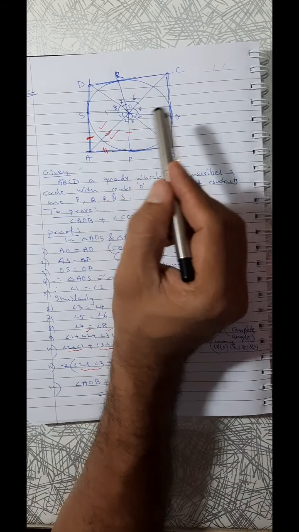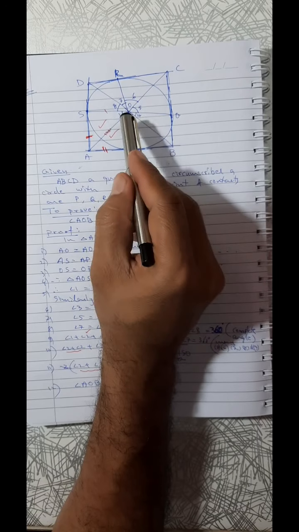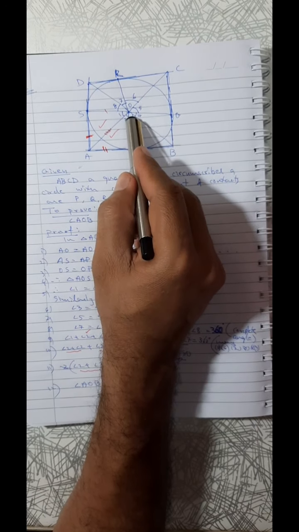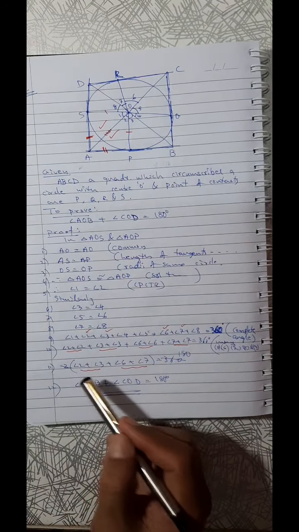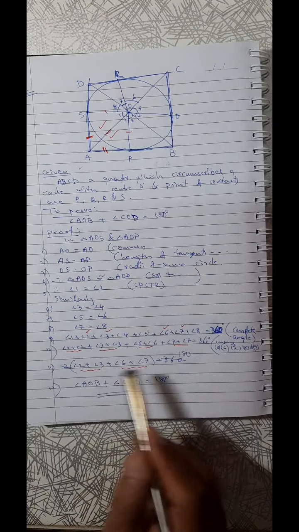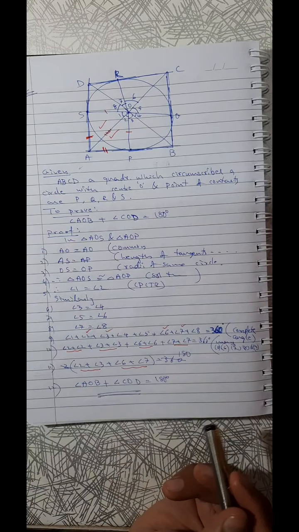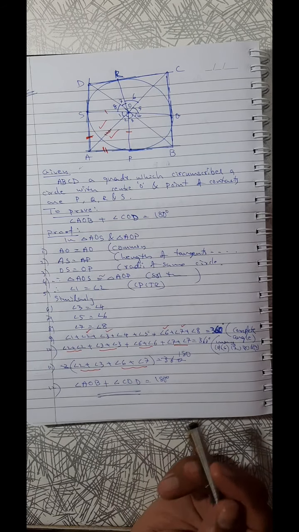Now select the angles we need. I need 2 and 3. So instead of saying 1 plus 2, I will say 2 plus 2 plus 3 plus 3 plus 6 plus 6 plus 7 plus 7. That means everything is doubled, and the 2 outside gets cancelled. 2 plus 3 combined together is AOB, 6 plus 7 combined is COD. I hope the things are clear.